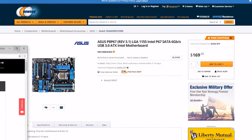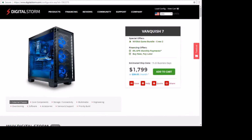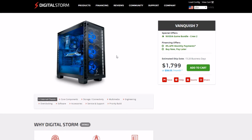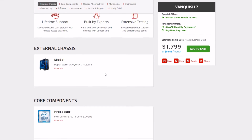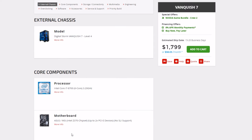So here's Digital Storm with a custom PC. I selected their Vanquish 7. That was the cheapest one for their starting price, and then I put it at the maximum settings. So let's look at what it has. It has an i7 8700, 6 cores, 3.2 gigahertz, overclockable, an ASUS or MSI, or maybe both,